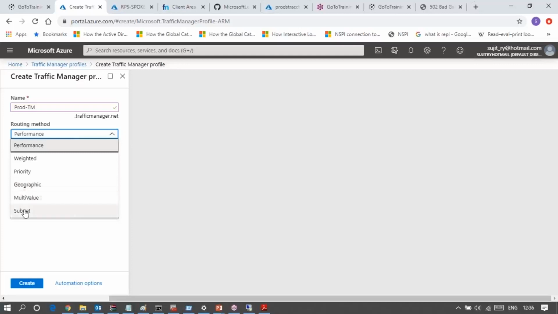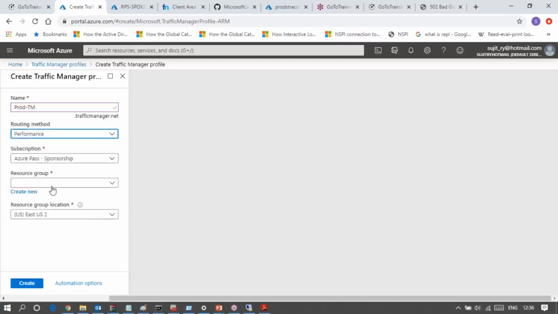Or you can set the subnet also. Higher subnet will get higher preference, like this way. So there are different routing methods. Performance checks the latency between the client and the Traffic Manager and from the Traffic Manager to the target. So both latencies will be checked. Lower latency will take higher preference.